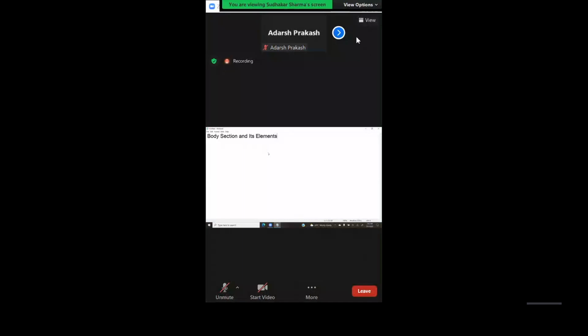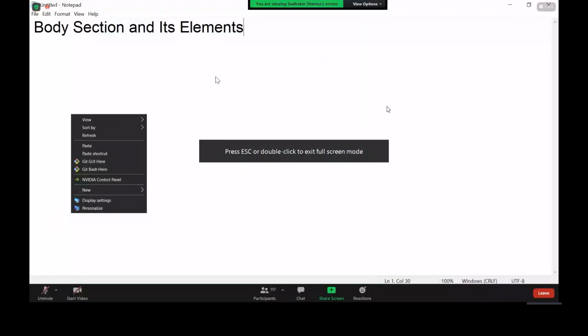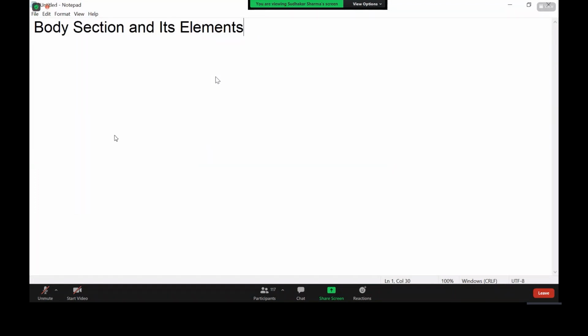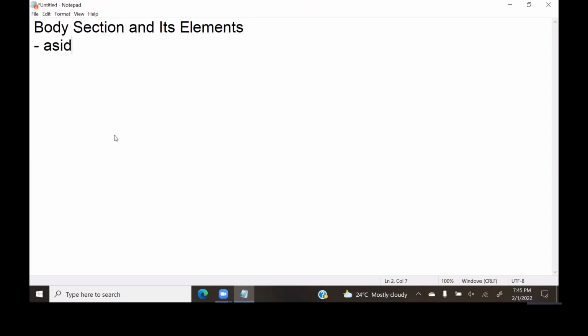We will see how to implement them. We will see some examples of how we can design. And what are the elements you remembered? We have aside, article, dialogue, figure, caption,